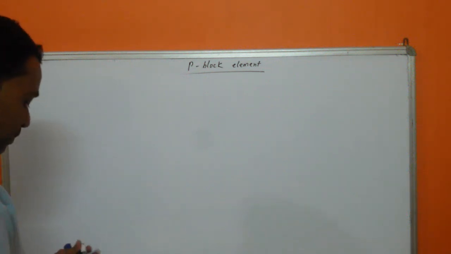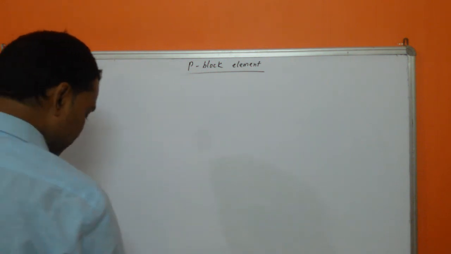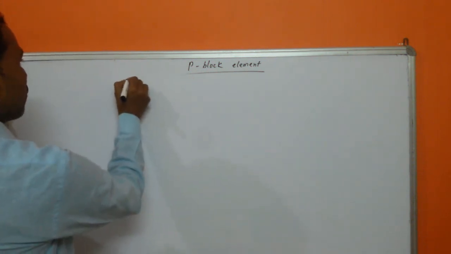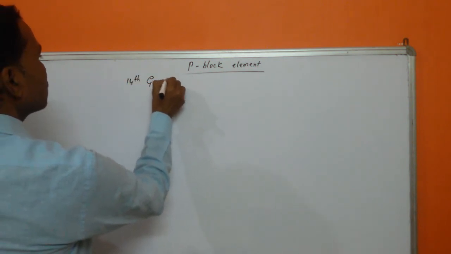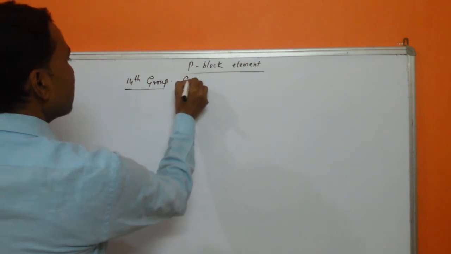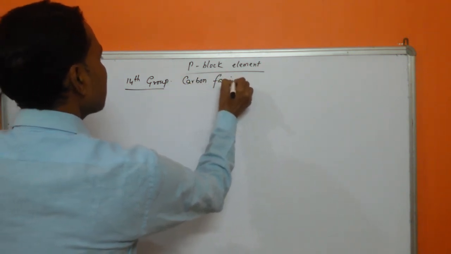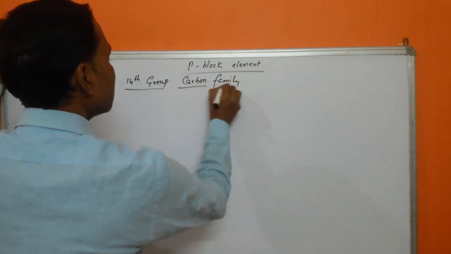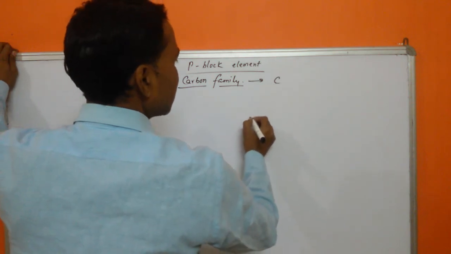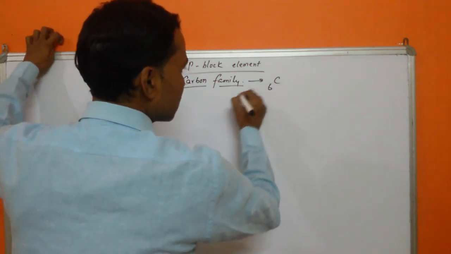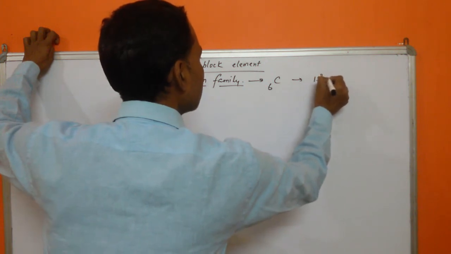Let's start now. 14th group of the p-block elements, that is the carbon family. Carbon is the head of this family and it is indicated by C. Its atomic number is 6 and its electronic configuration is 1s2 2s2